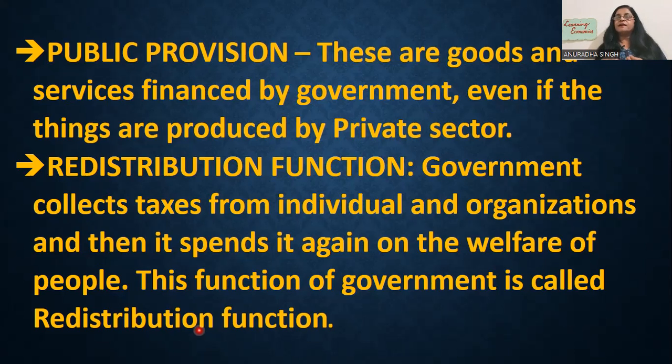And then we have talked about the distribution function, allocation function, and redistribution function. Allocation is the planned distribution of resources. Actually, distribution and allocation have only one difference. Distribution means when we give away things, and allocation means when we give them in a planned manner. So in the next part, we'll be discussing more about the government budget and its components. Here we are doing only meaning, objectives, types, and distribution, redistribution, and allocation.